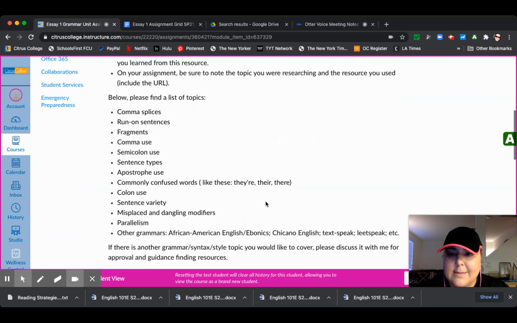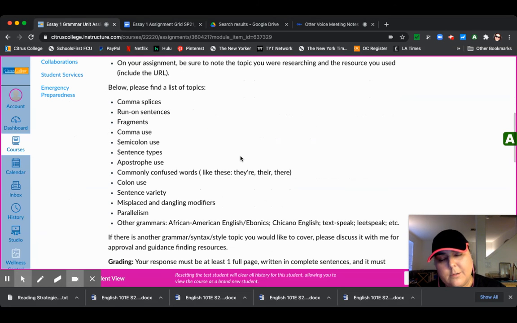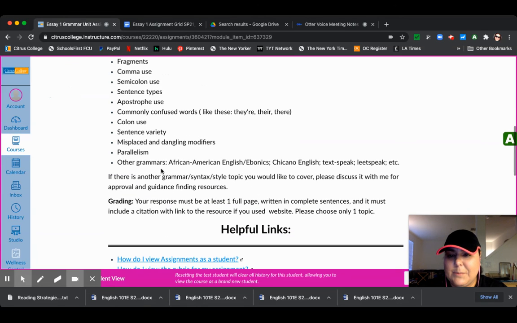And here are a list of topics that I recommend, or common topics for the grammar unit: comma splices, run-ons, fragments, basic comma usage. And for comma usage, there's a ton of different ways to use commas. You don't have to use all the comma rules for this. You can just pick a few different comma rules. Semicolons, sentence types, apostrophes, commonly confused words like there, the twos, right? Two. Colon use, sentence variety, misplaced and dangling modifiers, parallelism, and this last one I think is really neat,